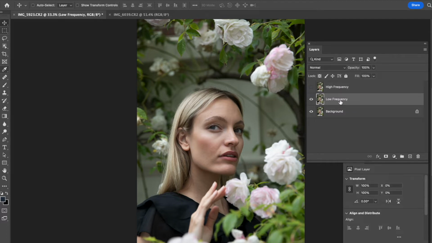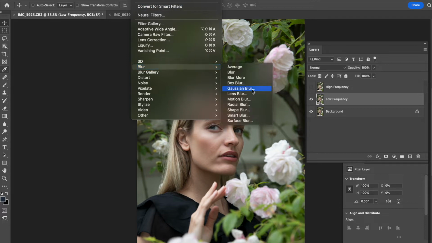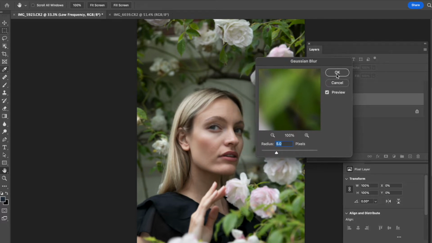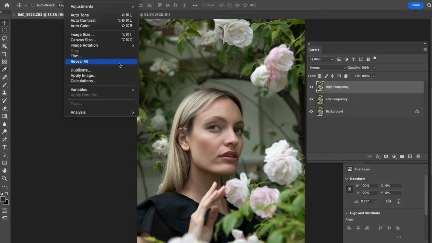the low frequency layer, and I'm going to go to Filter, Blur, Gaussian Blur, and you can set it anywhere from 5 to 10 pixels. I'm going to go ahead and do 5, press OK, and then what you want to do is go to the high frequency layer, turn that one back on, and then go to Image,